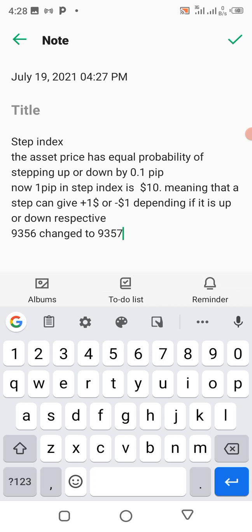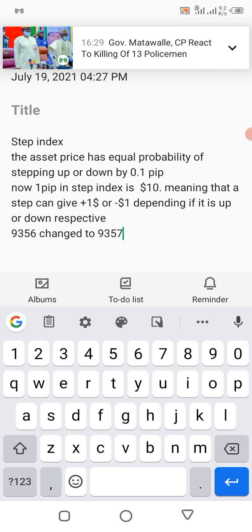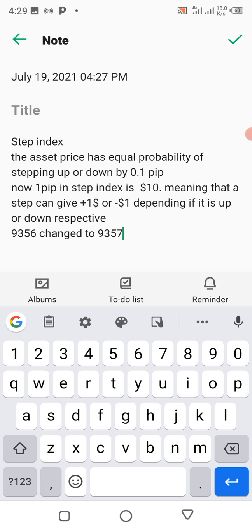It has risen to 93.57. So if we just buy this asset at this point at 93.56 and it goes to 93.57, we have made $1 if we bought one lot size. So 1 pip we give you $1,